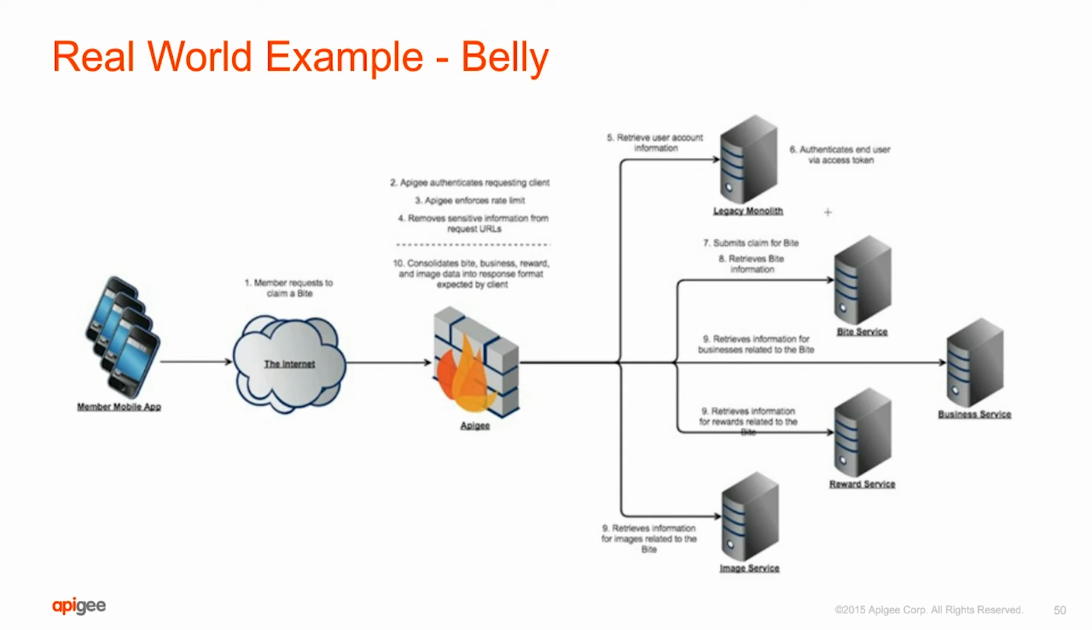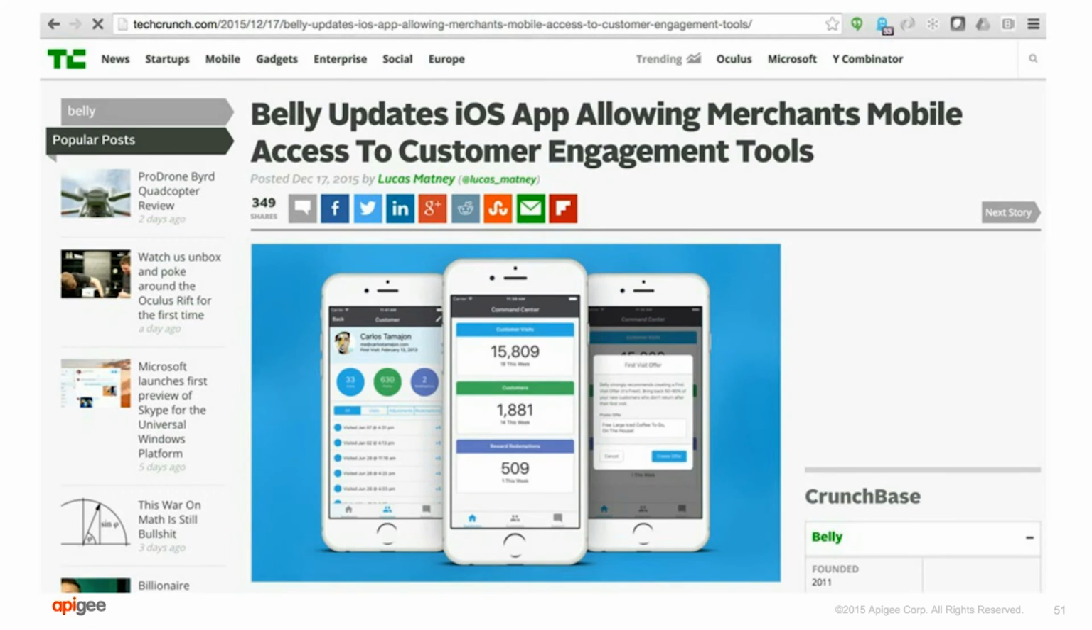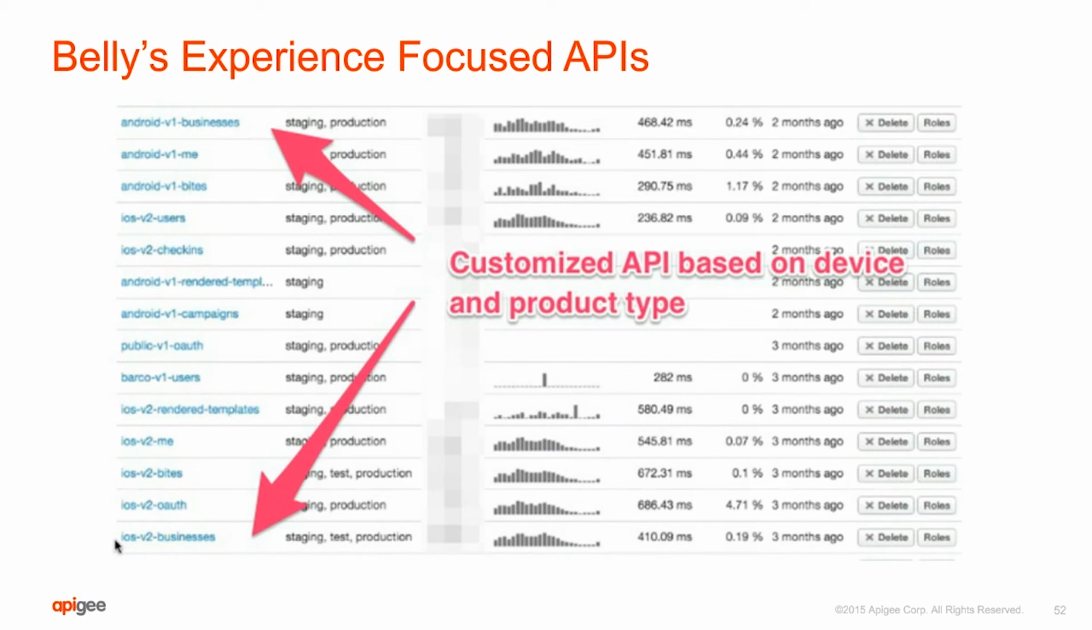So they created a lot of these exposure-focused microservices. They use Apigee for API management, and what they ended up doing is creating client-focused APIs. And this is great because, for example, last year they launched a new app for their merchants. The beauty of this is that within the Apigee platform, they were able to create a bunch of microservices, especially experience APIs, geared toward those particular apps. So you can see here there's an iOS business